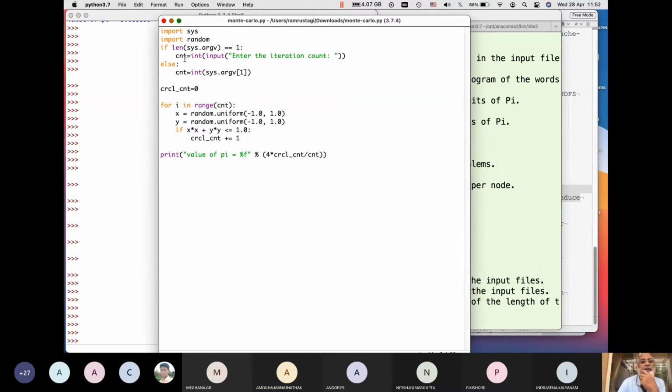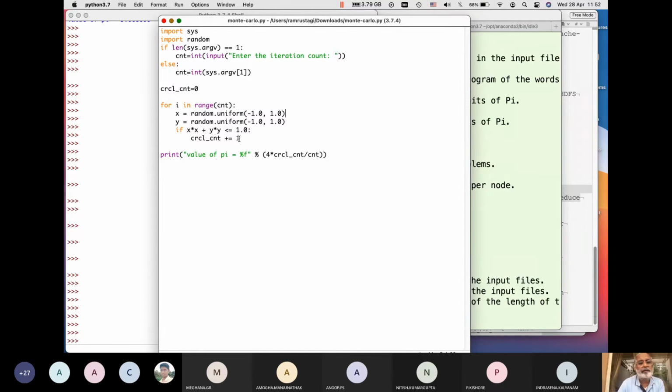So I'm basically saying take the number of total points which I want to consider. For all those total points that represent my area of the square, get random points between -1.0 and +1.0. If it is less than or equal to 1.0, I count the number of points in the circle.